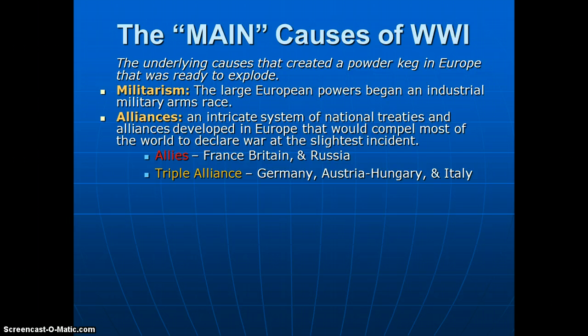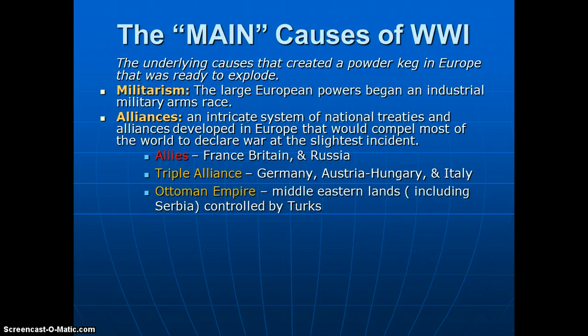You can see here in World War I, we'll see the Allies, which include France and Britain and Russia. Eventually the United States will join in on the Allies. And then on the opposite side, we have the Triple Alliance, which included Germany, Austria-Hungary, and Italy. Now these are the three major powerhouses on either side. Although there were smaller nations in each category, these were the three major countries.